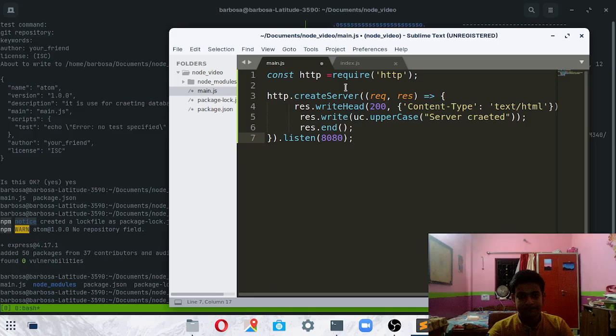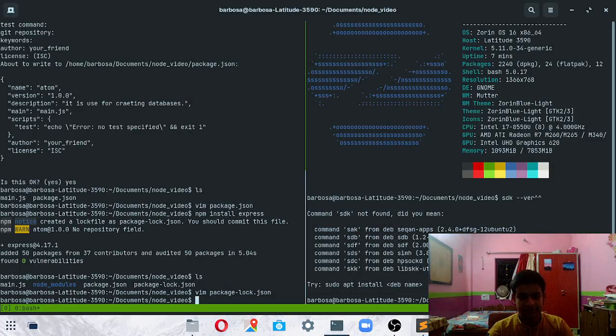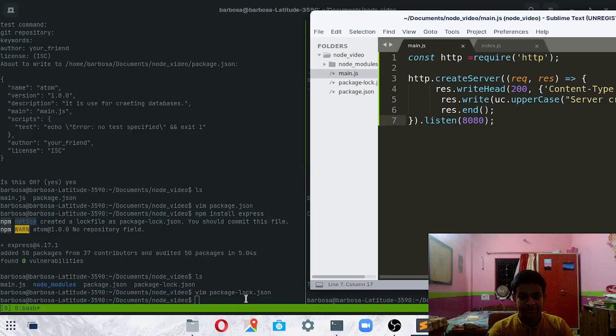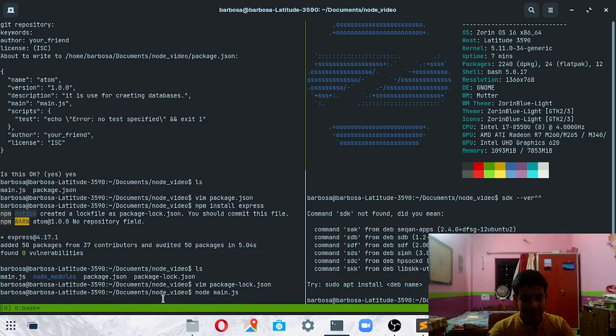Now open the terminal, and just write this command, node and the name of the file, which is main.js. As soon as you enter, a server has been hosted to the port over here.